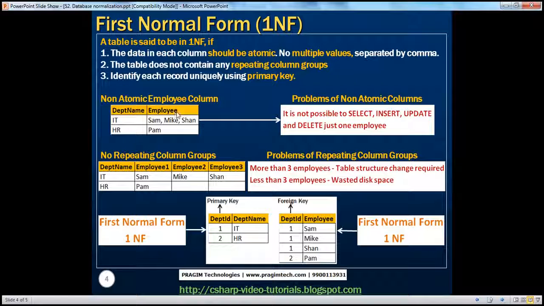Obviously, if we don't want to have this, another design that we can think of is something that you can see here. If we want to have atomic values, I know that in a department there are 3 employees, so let me create 3 employee columns in the same table. Department name stays as is, but for each employee I'm creating a separate column: employee 1, employee 2, employee 3. So that I can store Sam, Mike, Sean in their own cell, in their own column. Now in this table each column is atomic, but because of this design you have introduced another problem,